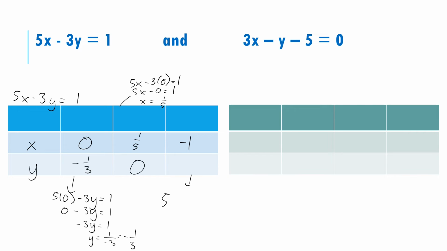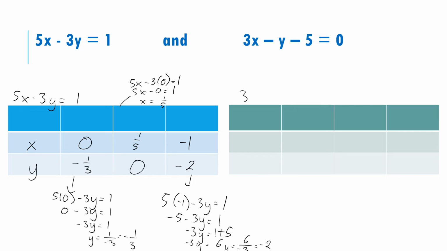Okay, x is minus 5, so minus 3y equals 1, minus 5. Minus 3y equals, move from the left to the right side, a negative number becomes a positive number. Sorry, I changed this one. So minus 3y equals 6. Y equals 6 per minus 3. So the answer is minus 2.